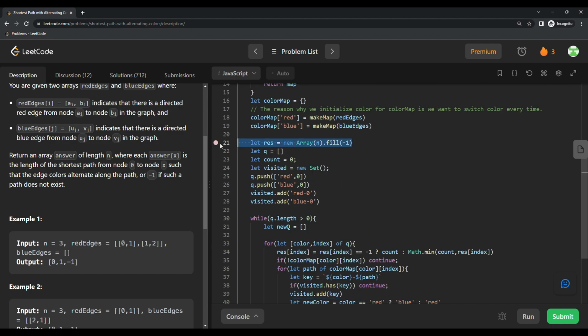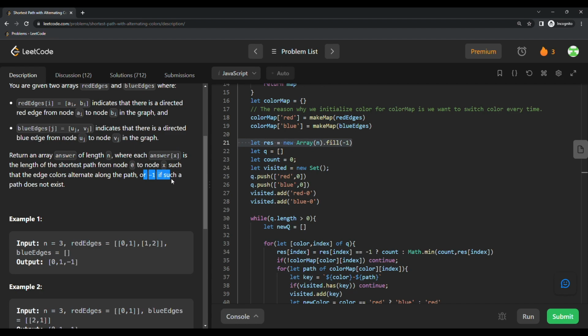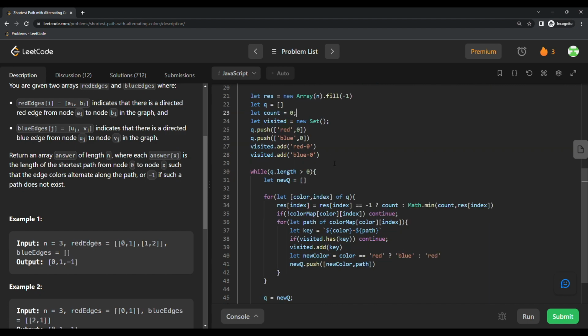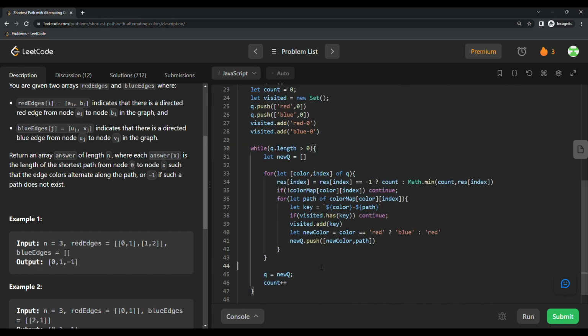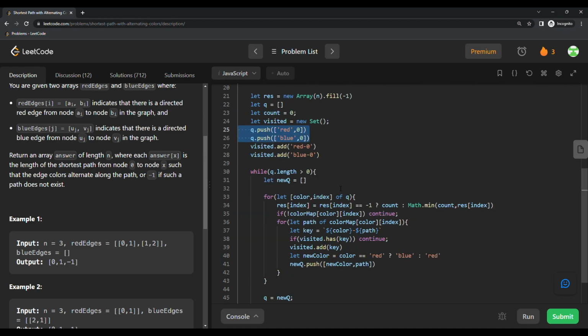and we will initialize the result array, and then we are going to fill everything -1, because if it's not existing, we want to set as -1, and we want to initialize q for loop through, and we want to initialize count as 0, and every time when while loop is done, we want to increase the count, and we initialize visit for checking we already visit or not. And since we start for a 0 index because it is by node 0, so we push in q for red 0 and blue 0, and we add in visit because we already visit in like this, and we initialize